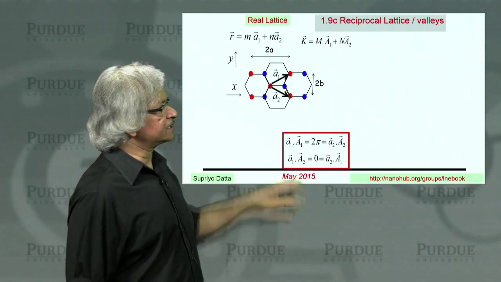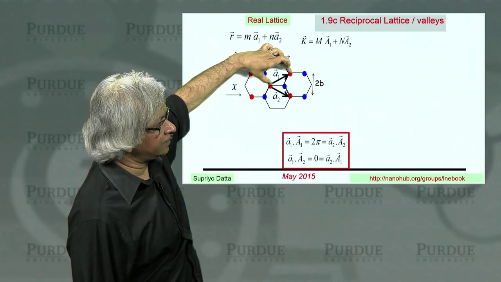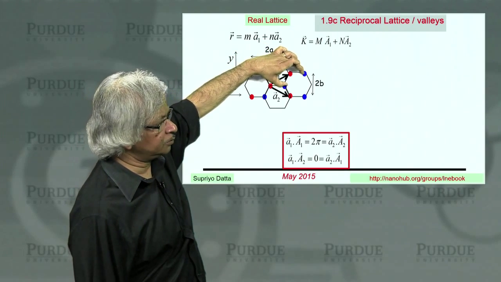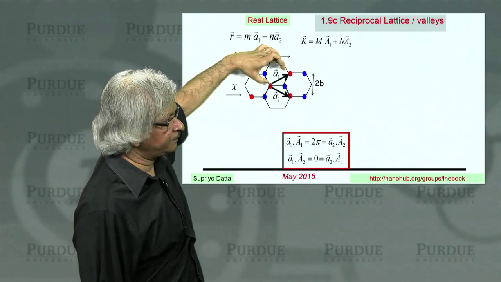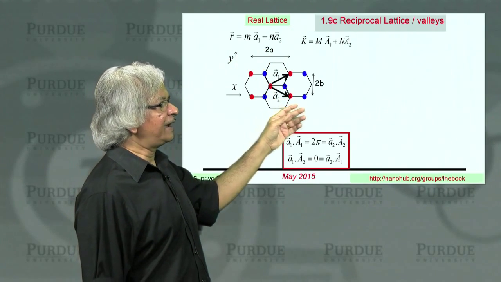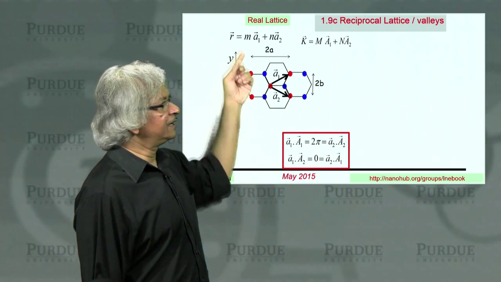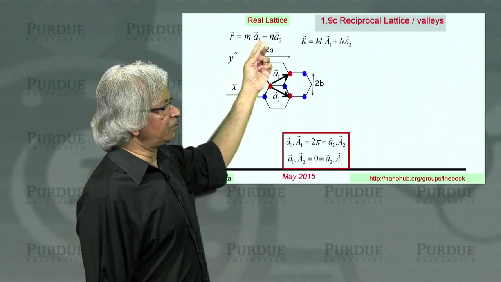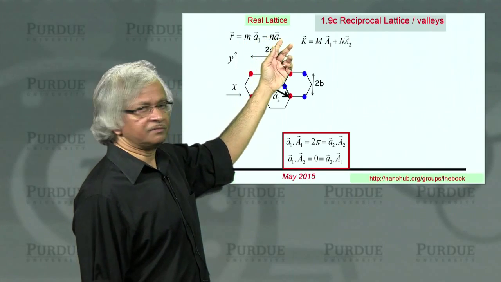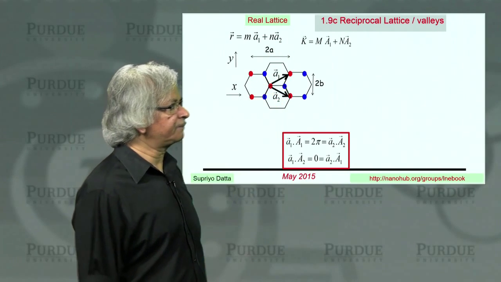Well, the basis vectors are obtained by taking this unit cell, let's say, connecting it to that one. So you can draw it between the red and the red, or the blue and the blue, same vector. So that's one basis vector. This is another basis vector. And any location on this entire lattice can be written as an integer times A1 and an integer times A2. Okay? So those are the two basis vectors here.